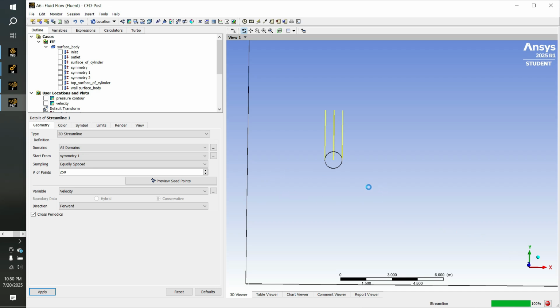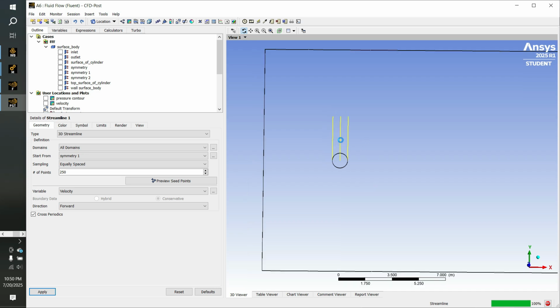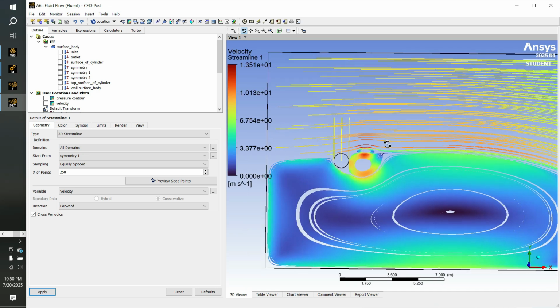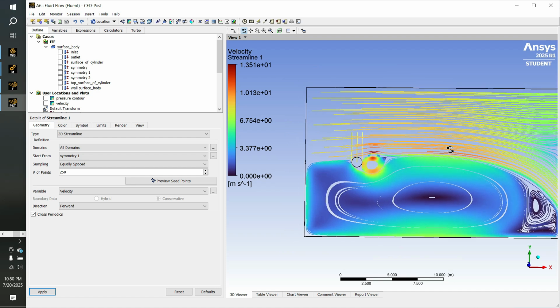So it should be almost done if it's at 100%. Okay, that is a very interesting